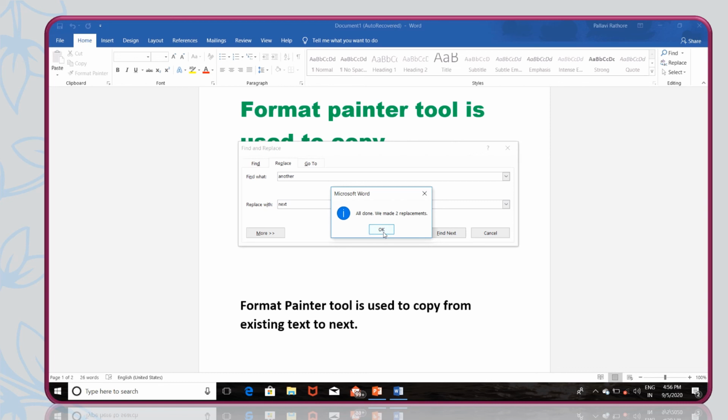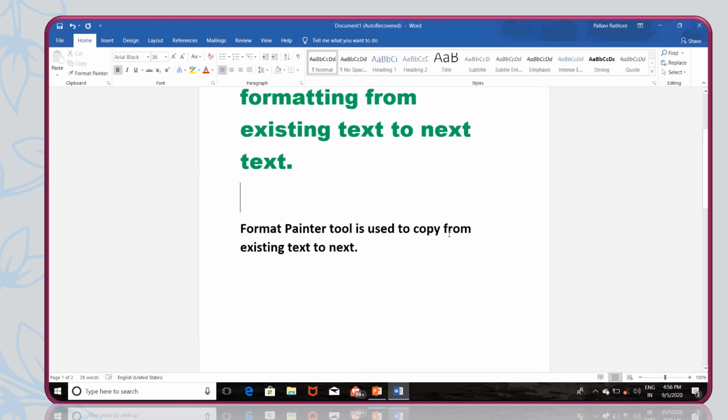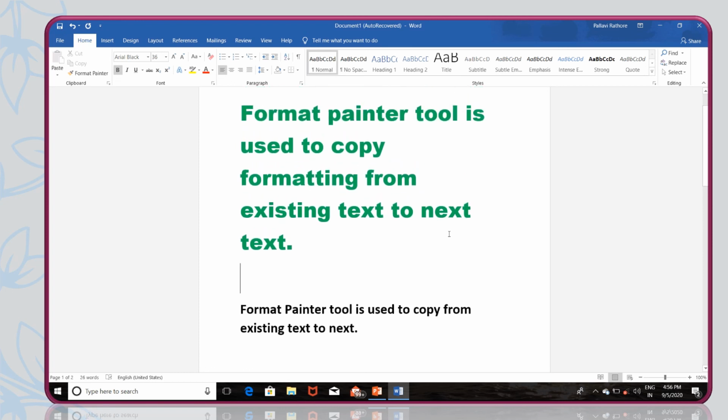Then we will click on this OK button and thereafter we will close this Find and Replace dialog box. Now you can see in definition, instead of another, what is appearing here is next. And in this second definition also, we can see next instead of another. So this is the use of Find and Replace option.